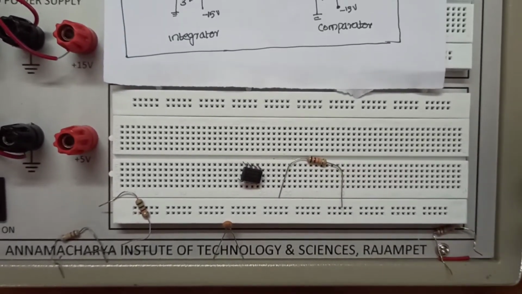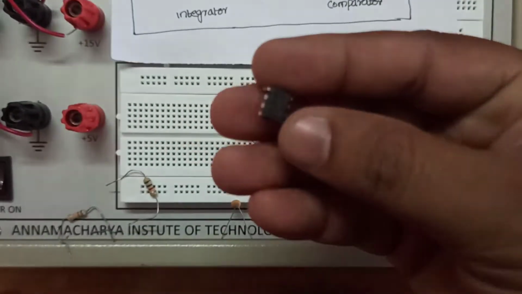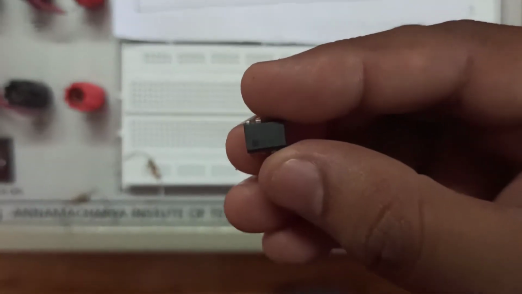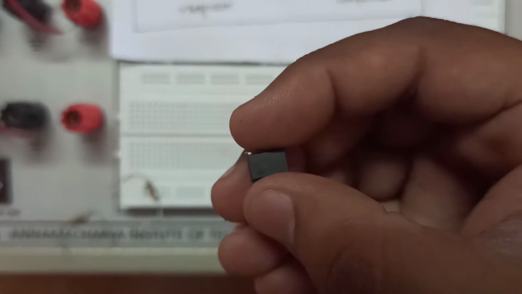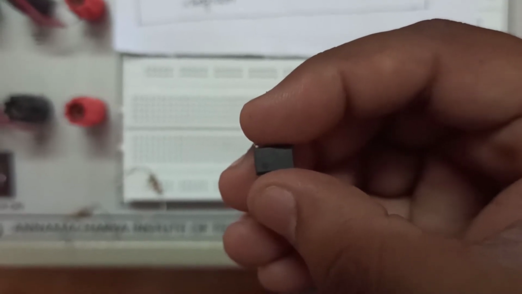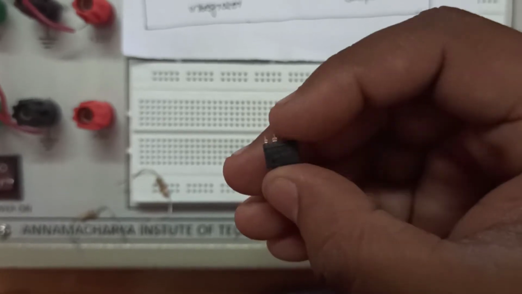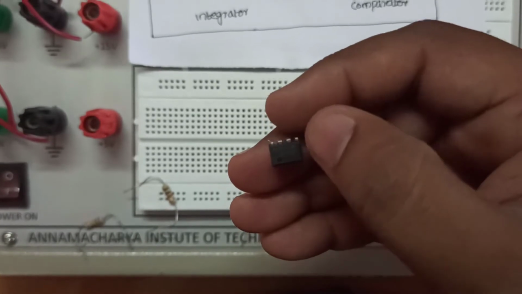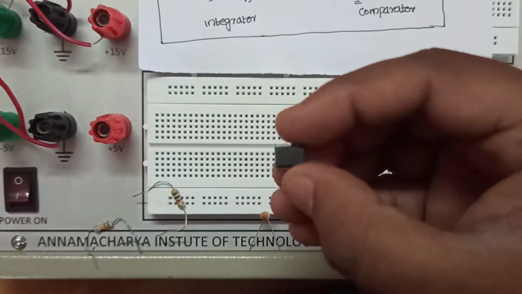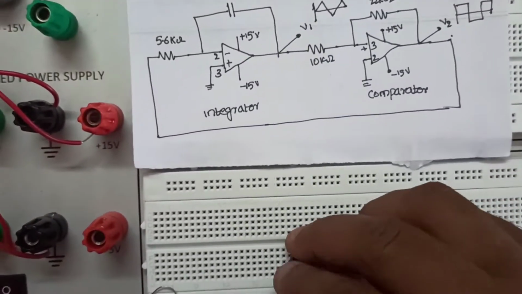First, this is your op amp IC, which you can identify by a circle or a notch that indicates the starting number of the IC. This is an 8 pin IC. For this, the starting number will be this one. So pin 1, 2, 3, 4 and 5, 6, 7, 8. Likewise these pins will be there. And let us connect as per the circuit diagram here.